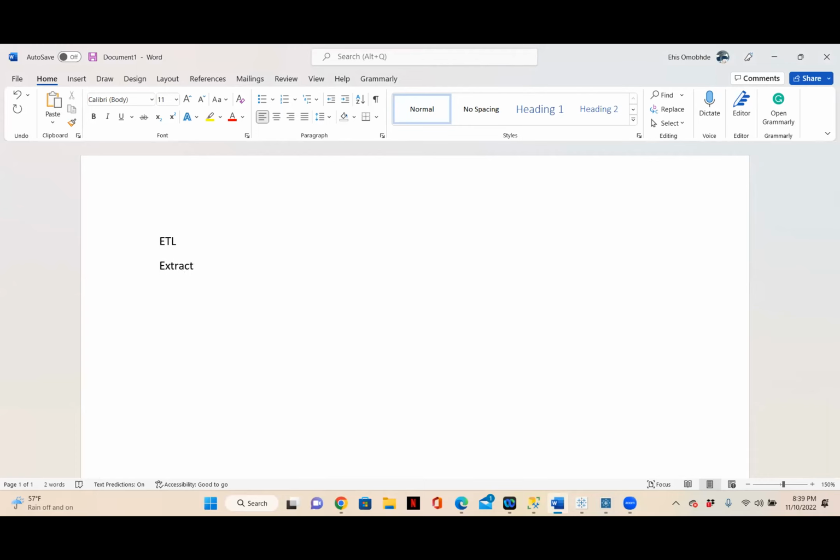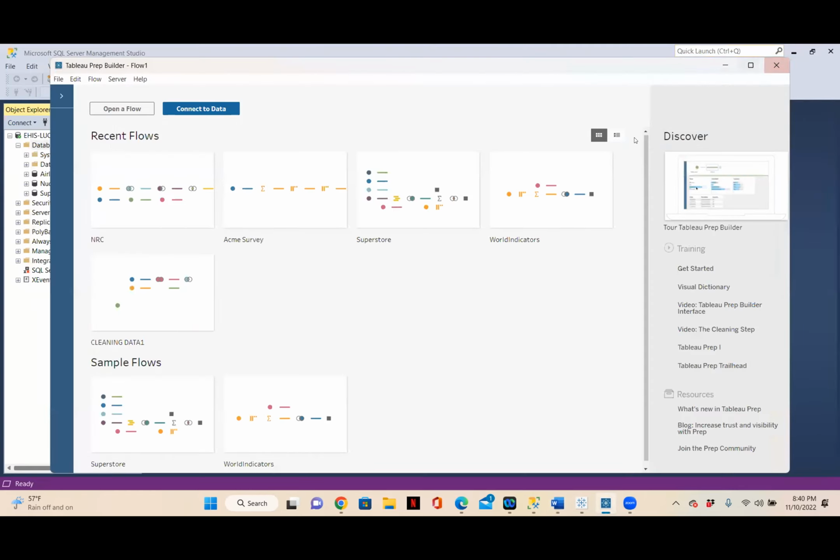ETL stands for extract. The T stands for transform. And the L stands for load. So it means extract your data. And when you extract, then you can transform that data and then you load your data. Okay, so let's start with extract first. How do we extract data? With Tableau Prep, it's very easy. It's by connecting